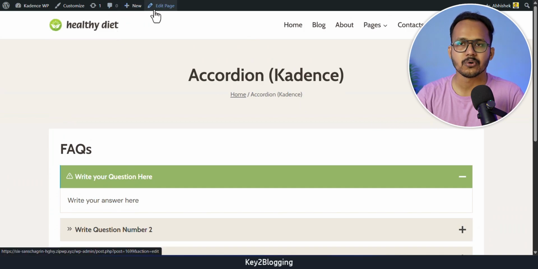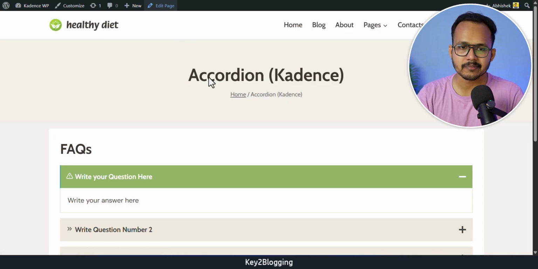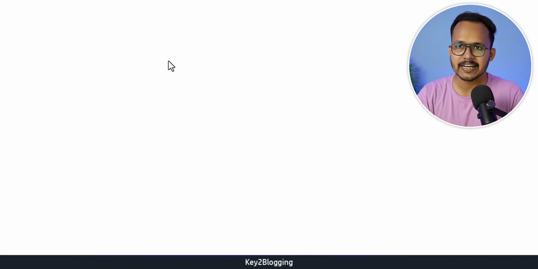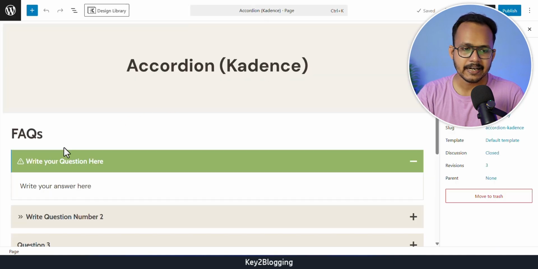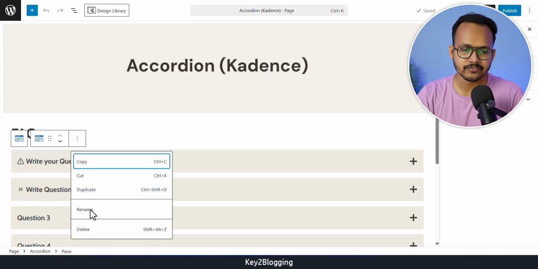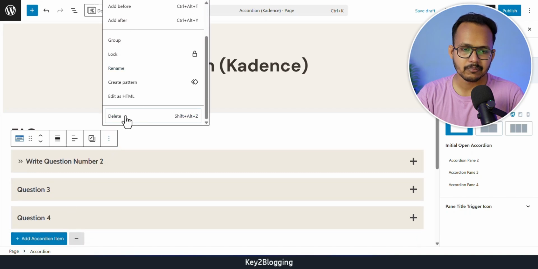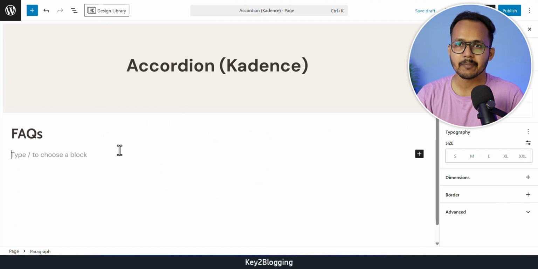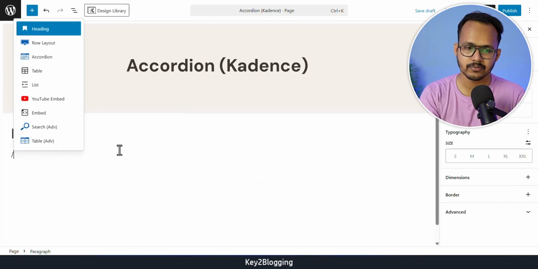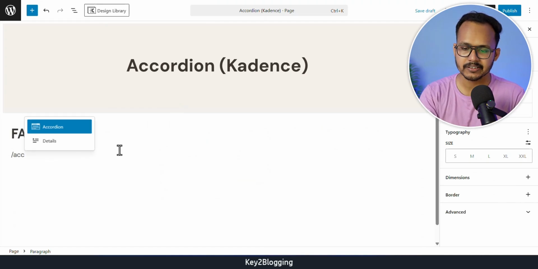So first of all, to add the accordion block, all you have to do is create a new post, or you can open your existing page or post and add the accordion block. So let's click on the edit page here, and here let me remove it and do it from scratch. So I will click on the whole accordion block and I will delete it. So to add a FAQ block, all you have to do is add / and search for accordion, and let's